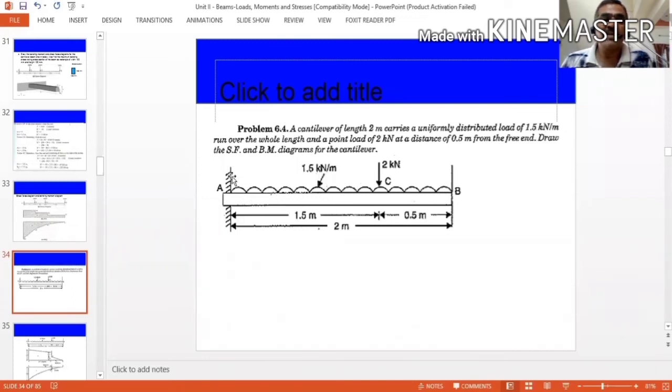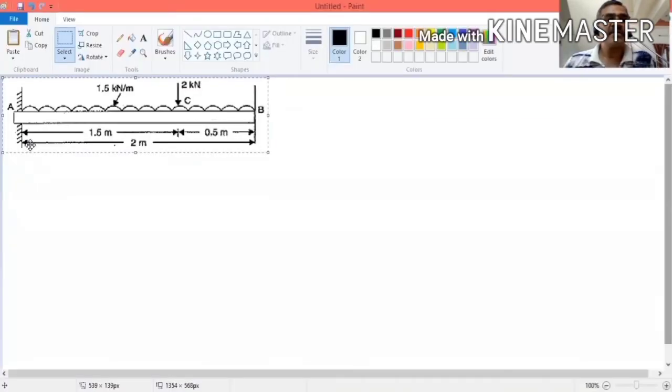This is a cantilever beam: this end is fixed and this end is free. It has a uniformly distributed load as well as a point load. Now, how to draw the bending moment diagram? Here you are asked to draw the shear force and bending moment diagrams for the cantilever beam. You have to find the shear force and bending moment at the important points, which are points B, C